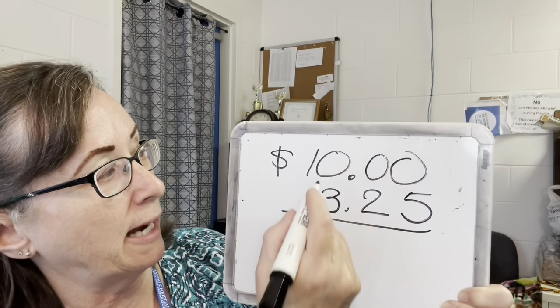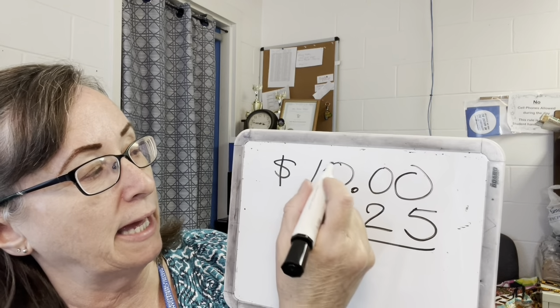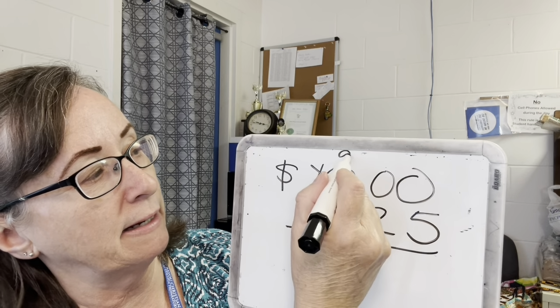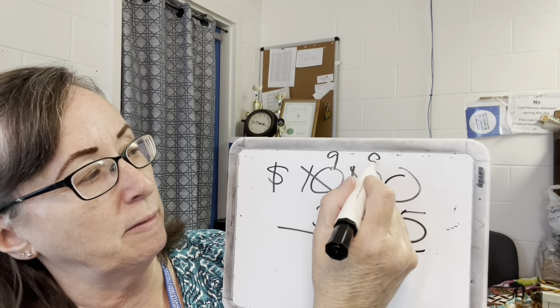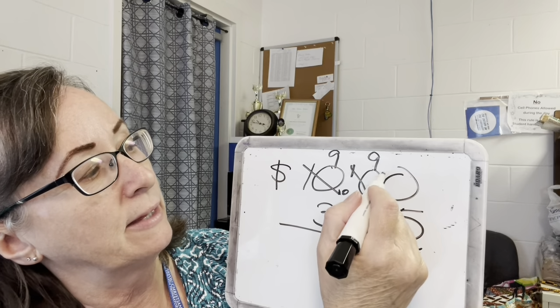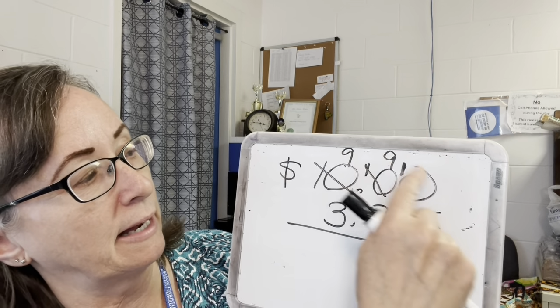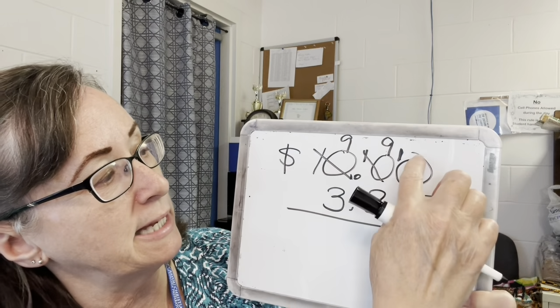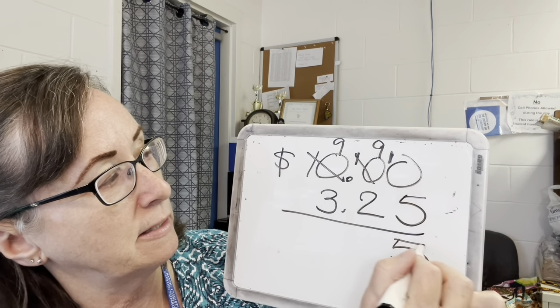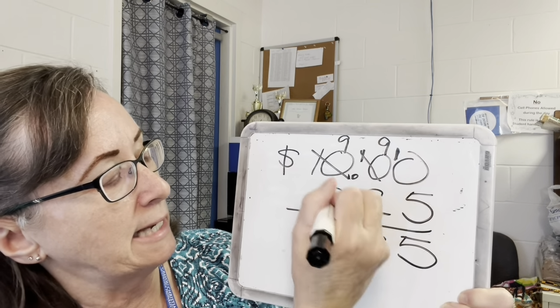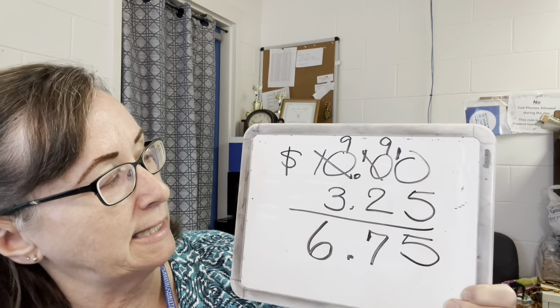Now, when I'm subtracting, don't I have to come over here and say, okay, I have 10, make that a 9, make that a 10, make that a 9, and then carries over. Okay, so we end up with 9, 9, 10. So 10 take away 5 is 5, 9 take away 2 is 7, 9 take away 3 is 6, and